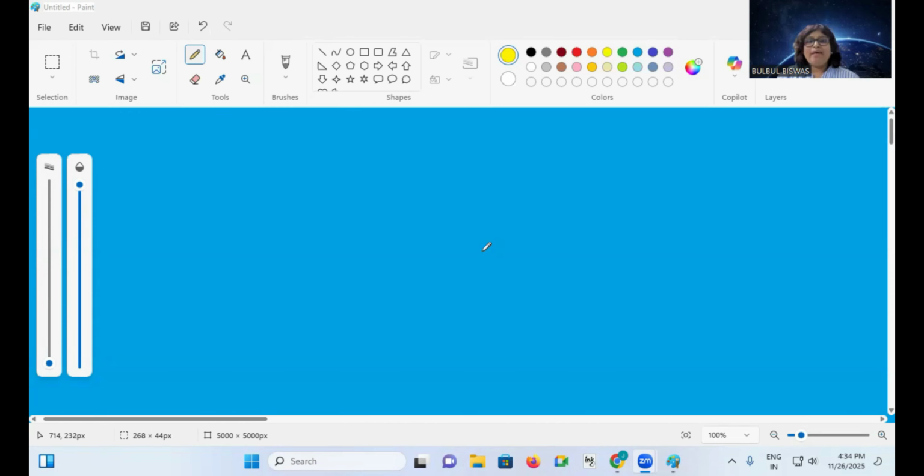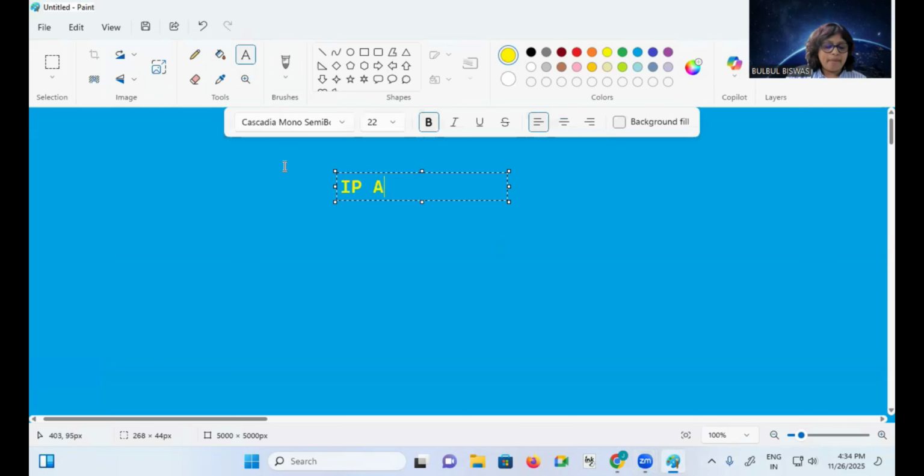So today I'm starting a new series on the most important topic in the networking field, that is the IP address. Everyone, do you have any idea about this topic, my IP address? This is a fundamental thing we have to know in detail while we are learning networking technologies. But before going to the IP address directly, we should have a concept about the host. Have you heard the word host?